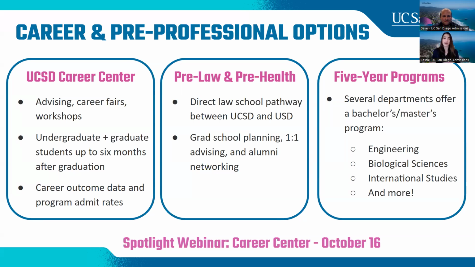We have a new direct law pathway. They just announced this less than a month ago. And political science students can complete their undergraduate degree at UC San Diego in 3 years. And then with the help of our pre-law advisors, they go on to University of San Diego's law school and graduate from there in 3 years. So that's a total of 6 years for your law degree instead of the typical 7. So if anyone here is interested in law school, that might be a good pathway for you. I believe their first cohort is going to be selected next fall.